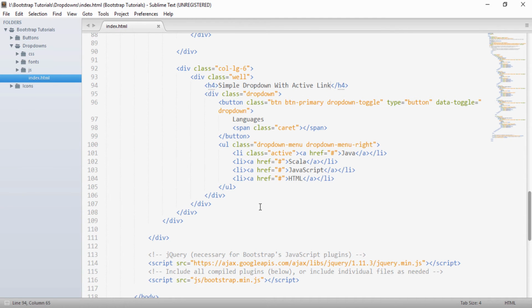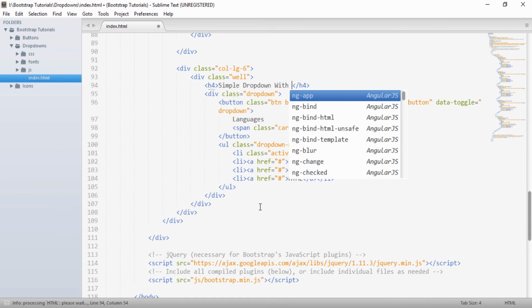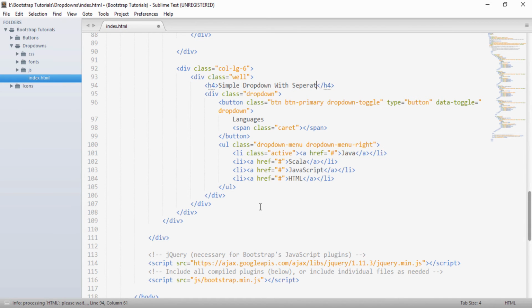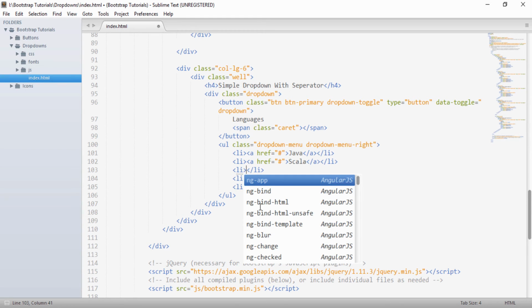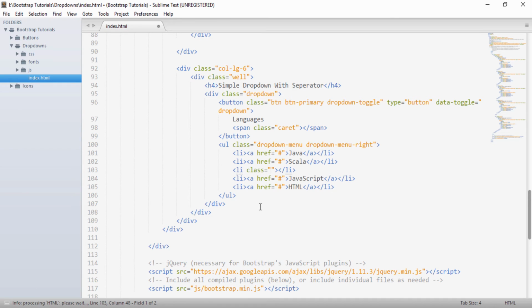I will show how we can do it. It will be a simple drop down with separator. Here I will remove this class, and suppose after Scala I want to separate these two. I will create another list tag, and to this list tag I will provide a class of divider.